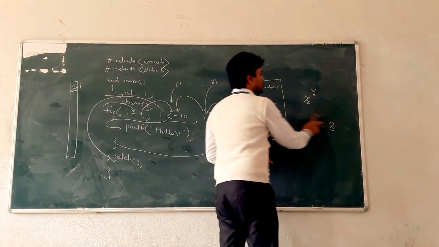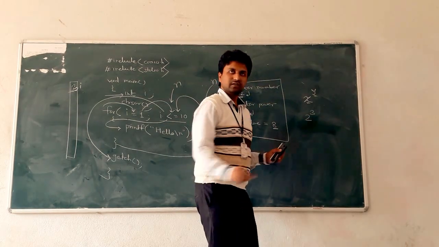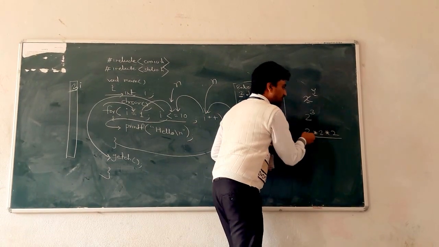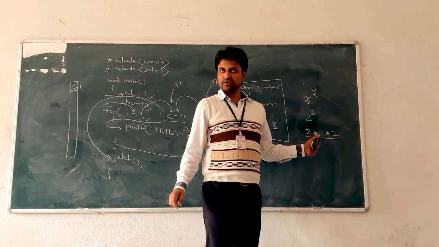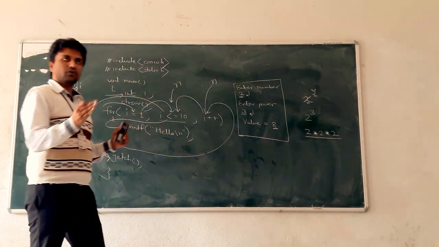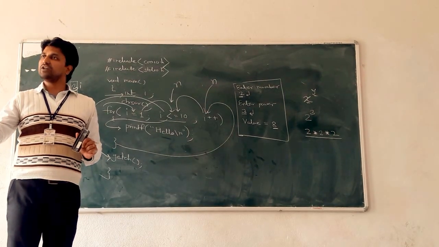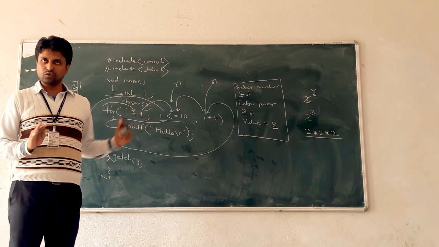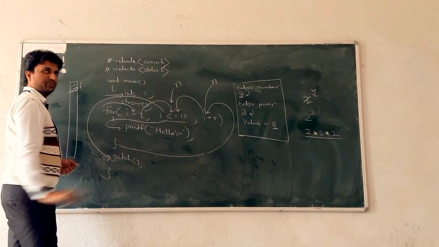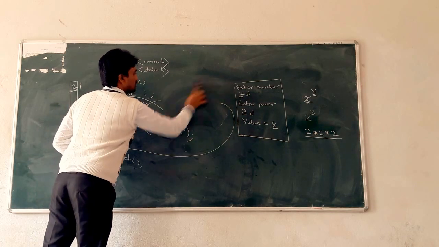So x multiplied by y, or take one general example, 2 raised to 3 means what? 2 multiplied by 2 multiplied by 2, multiplied 3 times. Clear? So using a for loop, how do we implement this problem statement? Either for loop, do while, or any loop you can use to write the code. So first using a for loop. The header files remain the same, void main remains the same, till clear screen it remains the same.